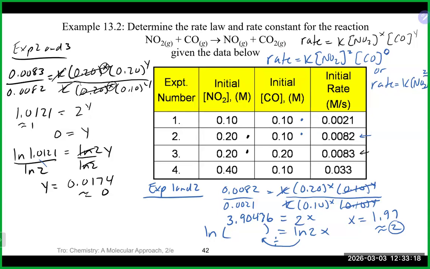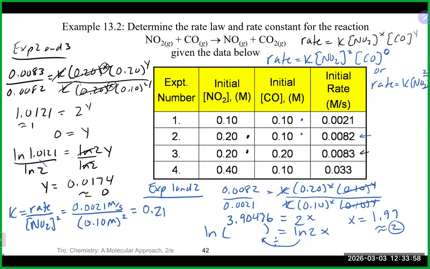All right, so now that we have that, we're going to go in and solve for K. I'll go over here in this corner. K is going to equal the rate divided by my NO2 squared. Once again, we could go with any of the entries in the table to put in there. So I'm going to go with number 1, which will give me 0.0021 molar per second divided by 0.1 molar squared. And that's going to get me 0.0021 divided by 0.1 squared. Going to get me perhaps